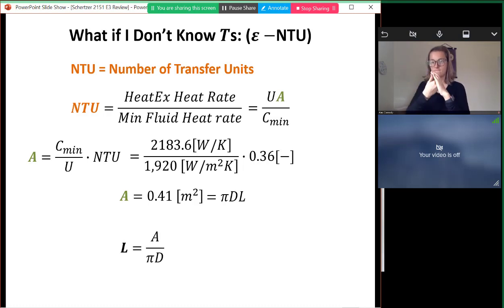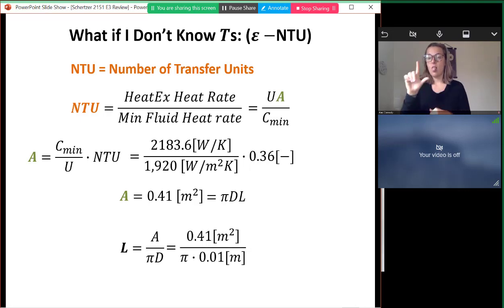So here we can get an expression now. We can isolate for the length of the tube. This is the total length of the tube, the area divided by this perimeter, right? And we get that this is 12.9 meters. So it's got to be a pretty long tube, which is why it snakes back and forth across our heat exchanger. An even number of times, they told us, but we don't know how many.